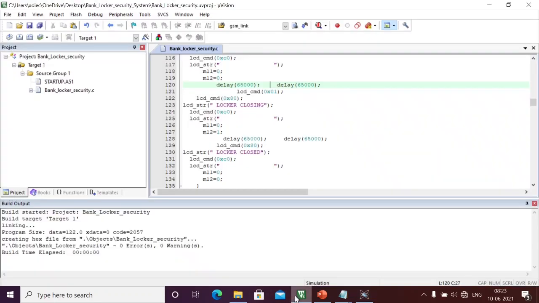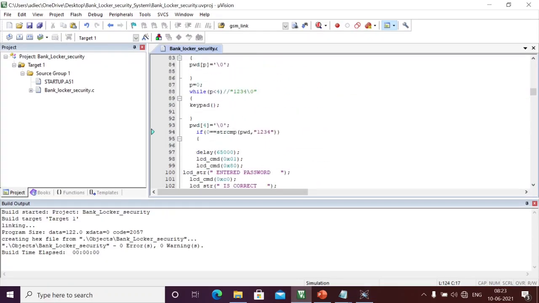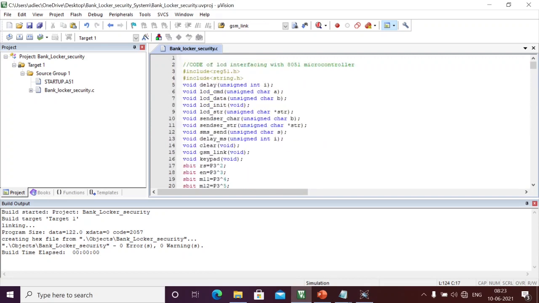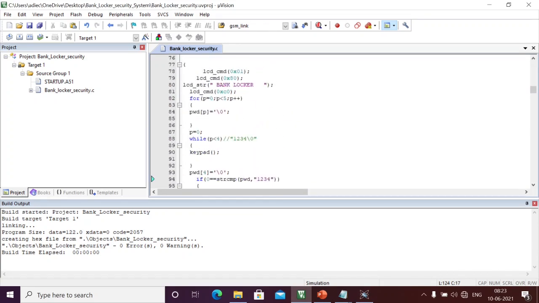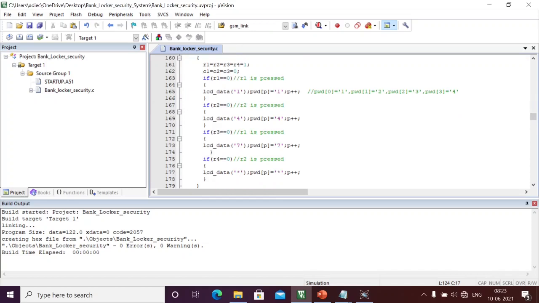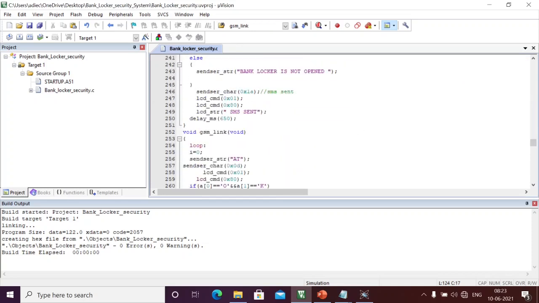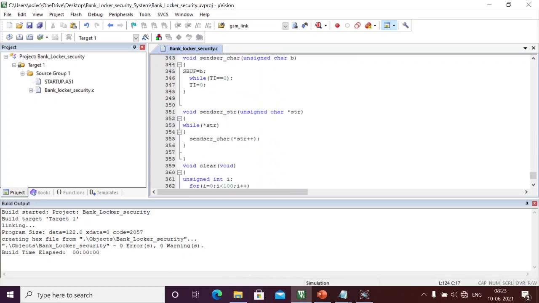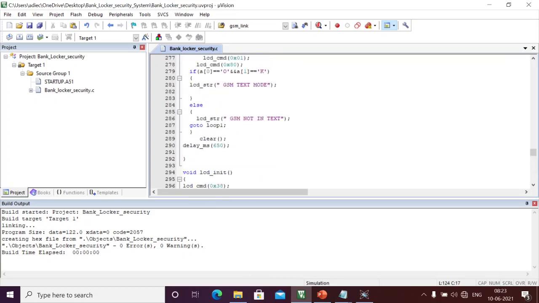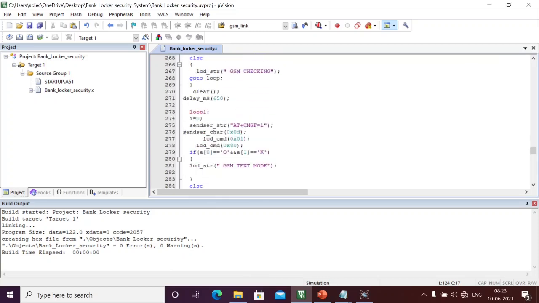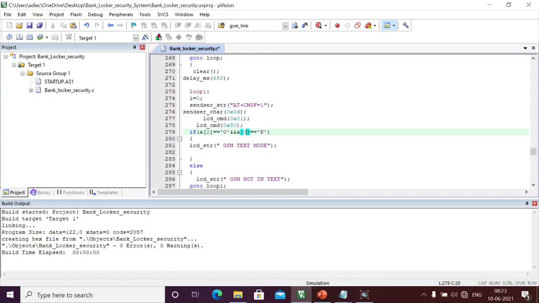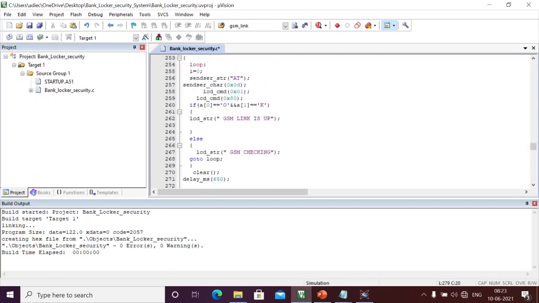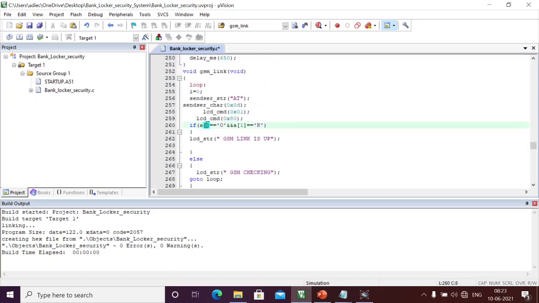And we have the complete code. Maybe I will attach it to our video description, so you can download it and practice more on this project. Here we completed the full project, and the only change we need to revert is, if you want to flash it on real-time hardware, it should be 2 and 3. I am going to check this code in our video description. 2 and 3, similarly here also 2 and 3.